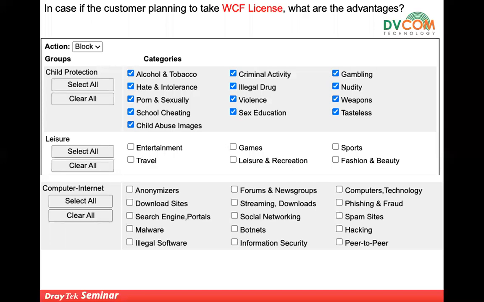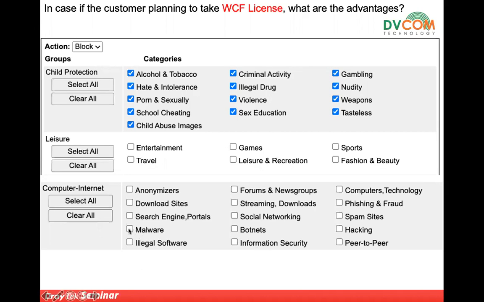Simply, you just go to the web content filtering profile, and then select child protection, or whatever sites and categories you want to block, select those, then select block. And for example, most of the time in companies, people play games and so on. So in case you want to block games, just select games. Then after that, if you see here, they have already done a nice job.